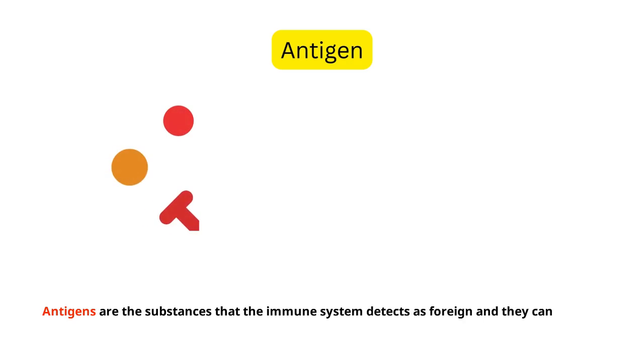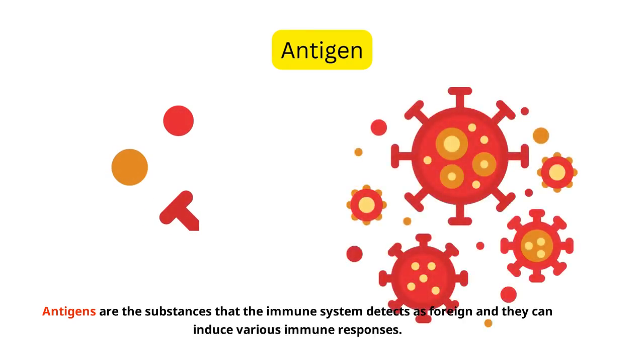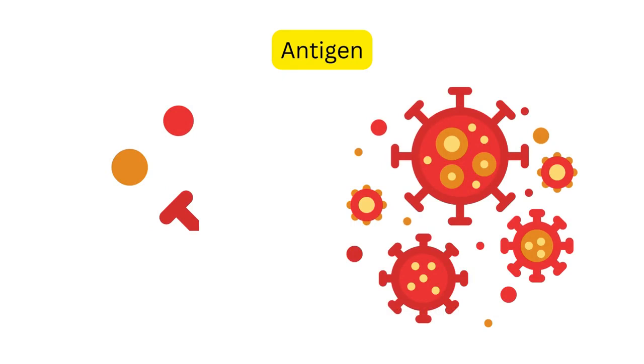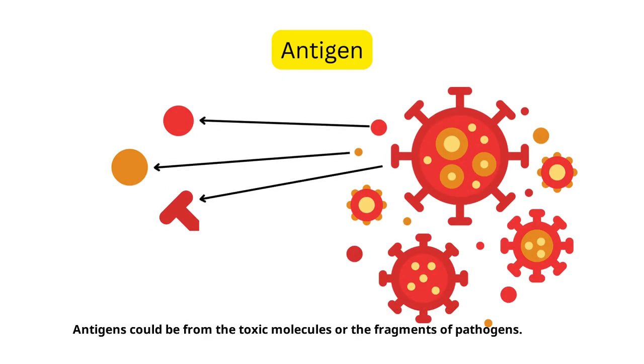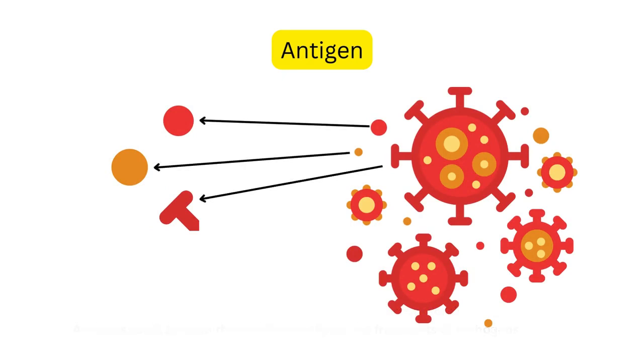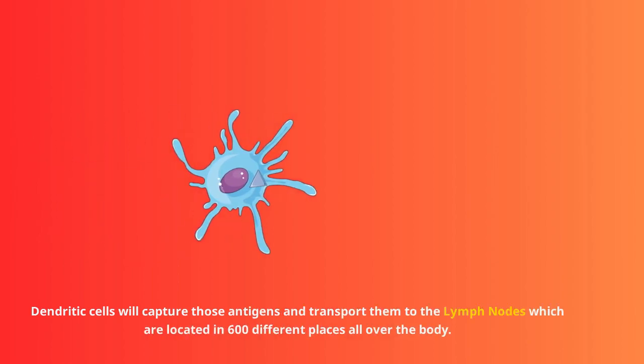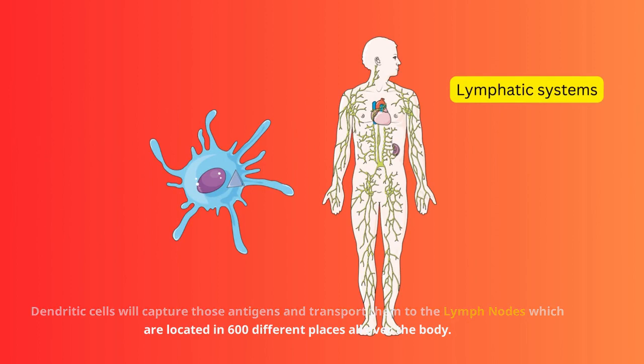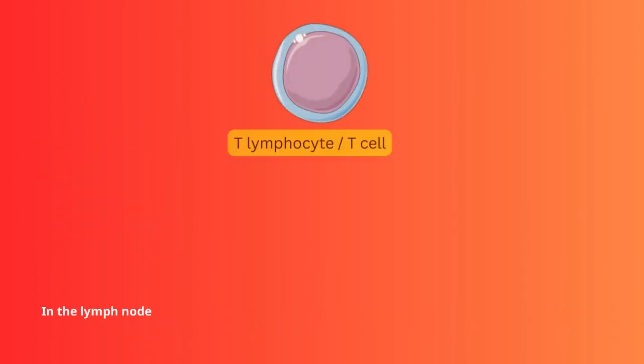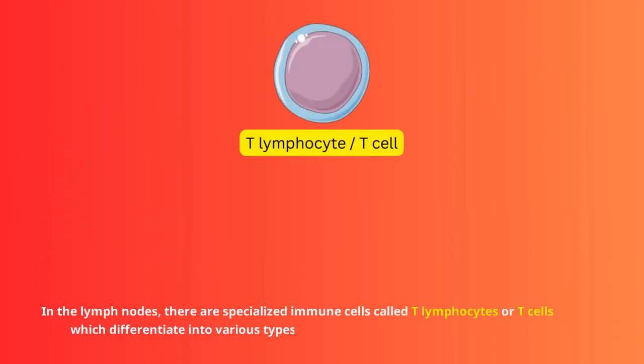Antigens are the substances that the immune system detects as foreign, and they can induce various immune responses. Antigens could be from the toxic molecules or the fragments of pathogens. Dendritic cells will capture those antigens and transport them to the lymph nodes, which are located in 600 different places all over the body. In the lymph nodes, there are specialized immune cells called T lymphocytes or T cells, which